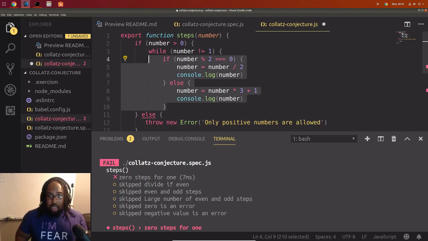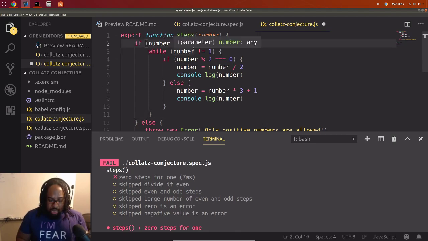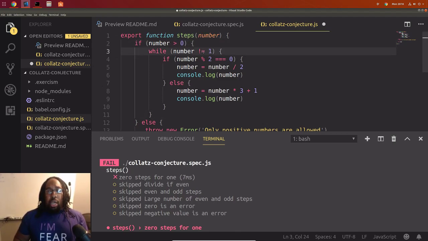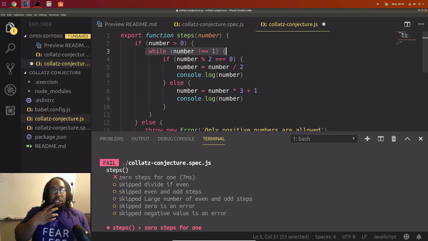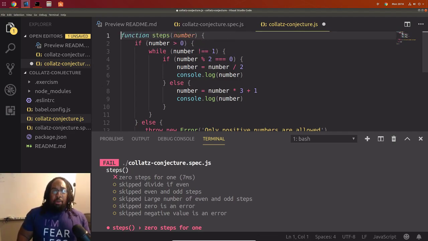Let's indent this. And let's add another thing here. Oh, actually not equal to 0. While, oh yeah, so equality operators. Actually, let's keep this the same. If you put an exclamation point first, that changes it from an equality operator and basically flips it, and it's saying is not equal. So this statement right here is basically saying while number is not 1, run this code. So as long as this number is not 1, it should rerun this code and it should spit out some info. And so we can check this locally before running it against our tests.